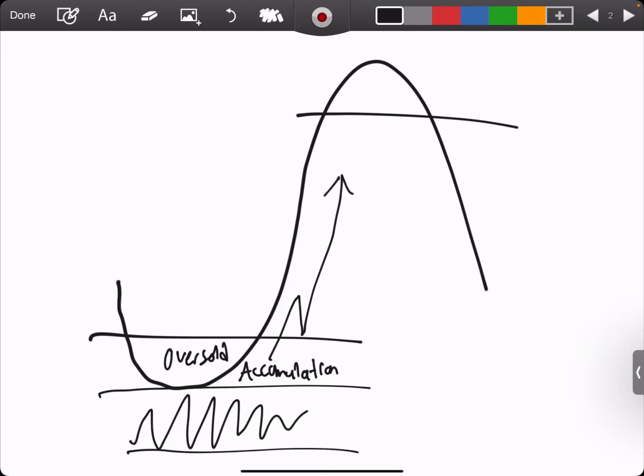The second step, this breakout, this strong impulse move that we like to catch, is going to be recognized as our markup or expansion. Okay, we can see this within the candlesticks by looking at the bodies of our candles and waiting for the accumulation phase to be finished, or just looking for strong Hulk-like green candles. And when price finishes the markup, it's going to redistribute those orders at some supply